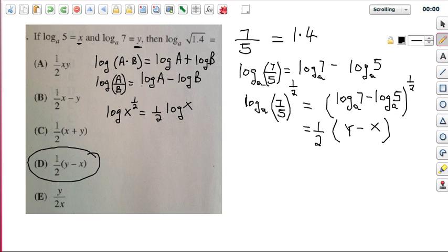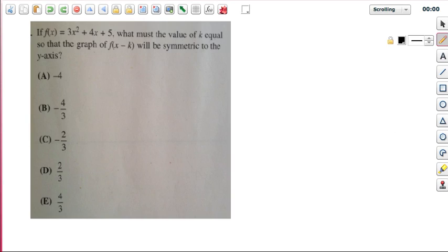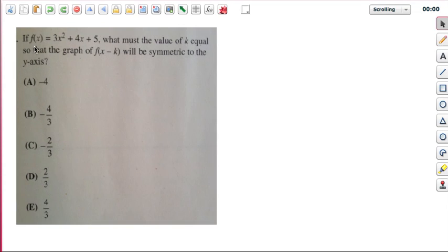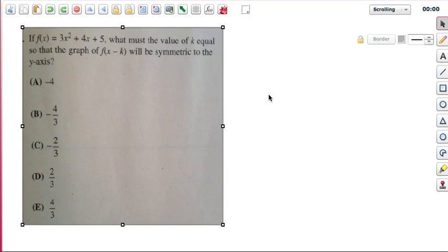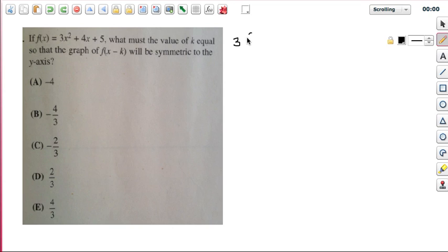Very good. Moving on to the next question. Pause your video and try this on your own. Okay, so this question is asking if that graph here had to be moved by some units so that it will be symmetrical to the x-axis. So we need to find what the transformation is here, and they're asking for the original one. So if you factored the 3 out, you get x squared plus